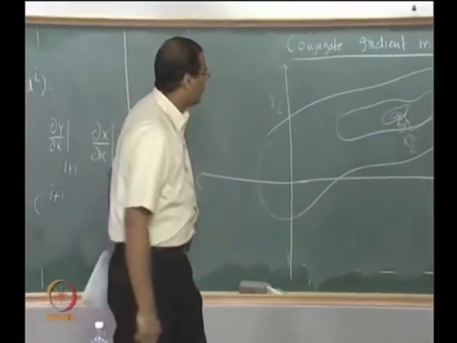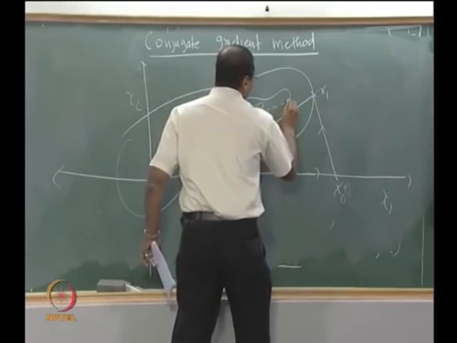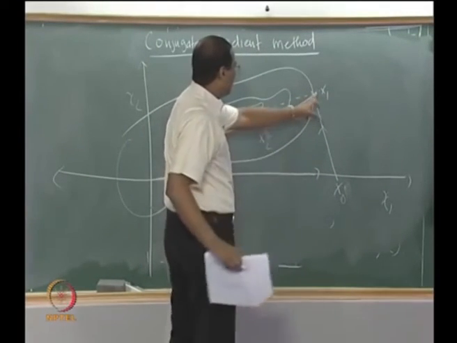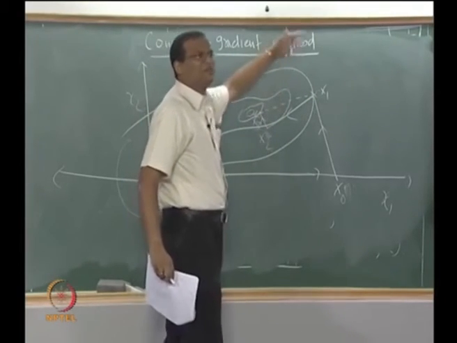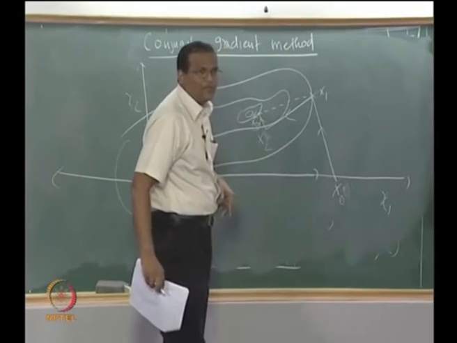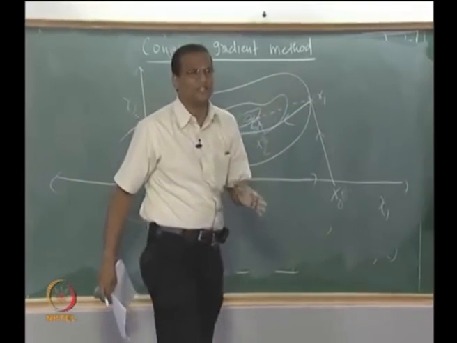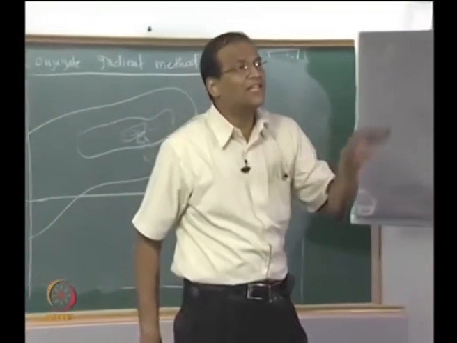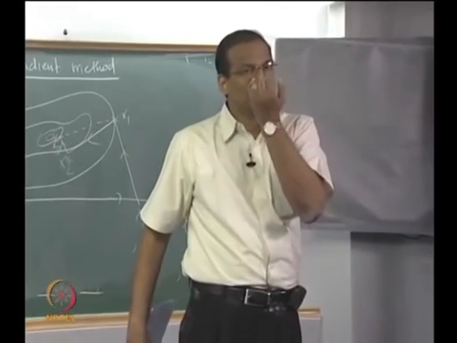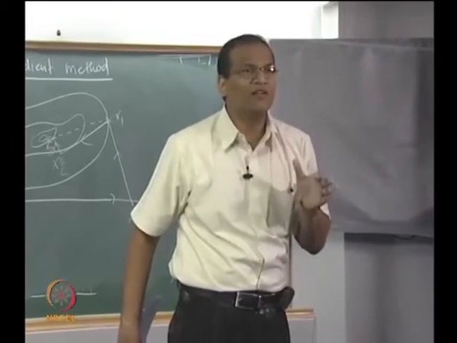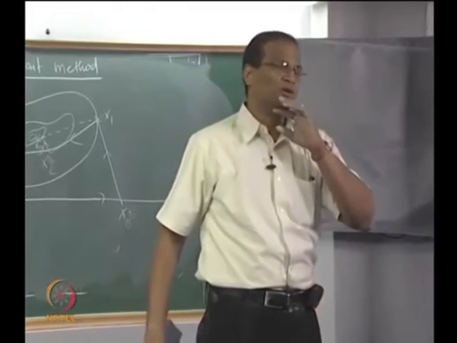Now some fellows thought that from x naught to x1, why go through an intermediate step? Can we go directly from x1 to x3 bypassing this? If you do this consistently, then you can jump some steps. Can you deflect the direction in which you are moving, instead of deflecting only in the orthogonal direction to the previous? Can you come up with a deflected steepest descent method? This deflected steepest descent method is called the conjugate gradient. Who will tell me what the deflection is? We will work out the mathematics, and it will be just 4 lines, but somebody already thought about it 30 years back.